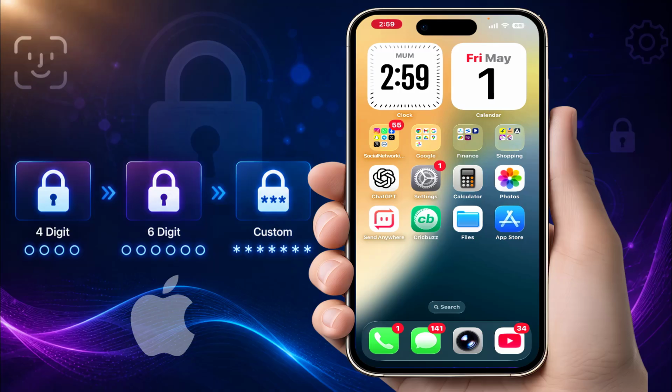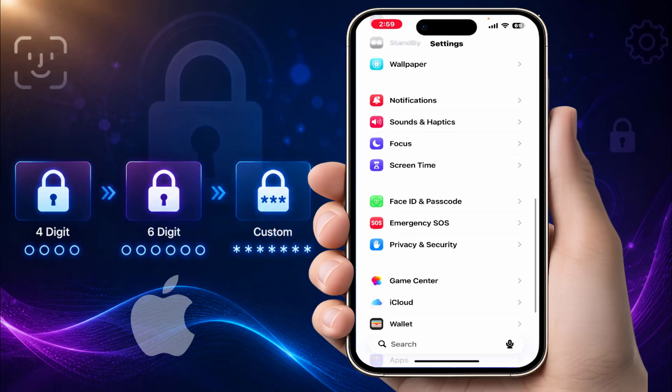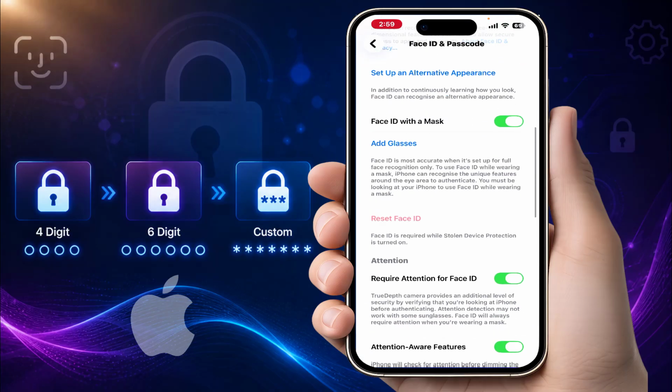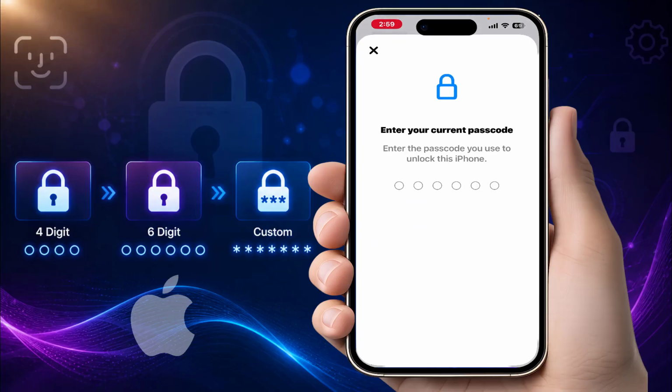First, this is very simple. Open your phone settings. In the settings, scroll down and find Face ID and Passcode. Open it and enter your passcode one time. After doing this, scroll down to the end. Here you can get the option Change Passcode. Tap on it, and once again you need to enter your previous passcode, and then here you can get